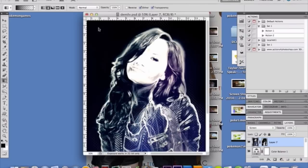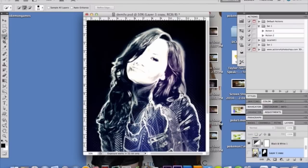Now, you'll probably notice in my layers, I had another layer already masked out that I haven't shown you guys. And the reason for that is, I went back because my photo, I think her face is really too white for this photo. And I wanted to make it more subtle. So for me, I went back to my original layer and I cut out her face only. Just her face, using the quick selection tool. Nothing else. Just the face. Cut it out, masked it out, and